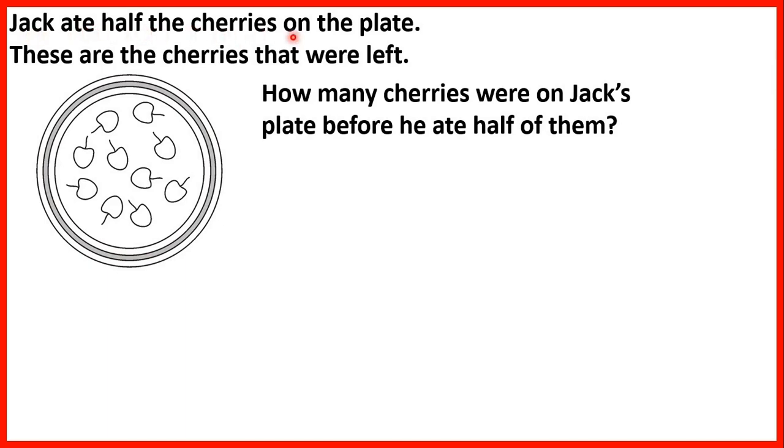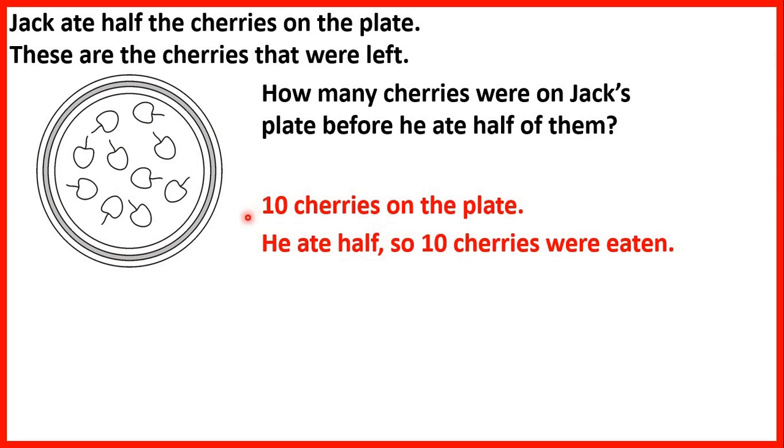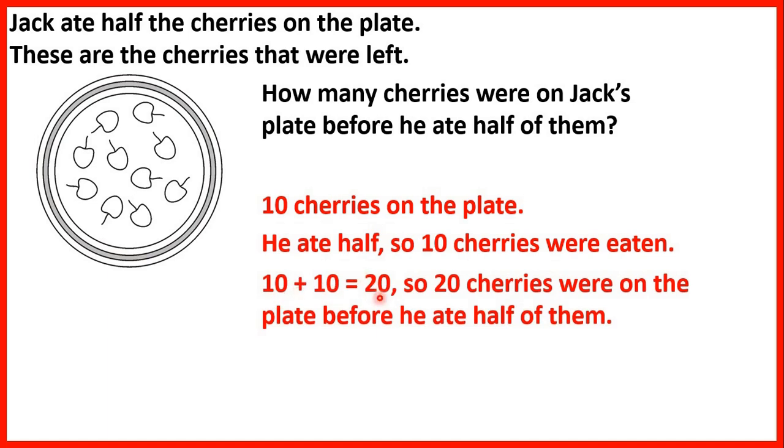Jack ate half the cherries on the plate. These are the cherries that were left. How many cherries were on Jack's plate before he ate half of them? So we can see that there are 10 cherries on the plate, but he ate half, so that means 10 cherries were eaten. 10 plus 10 is 20, so 20 cherries were on the plate before he ate half of them. So he started with 20 cherries,